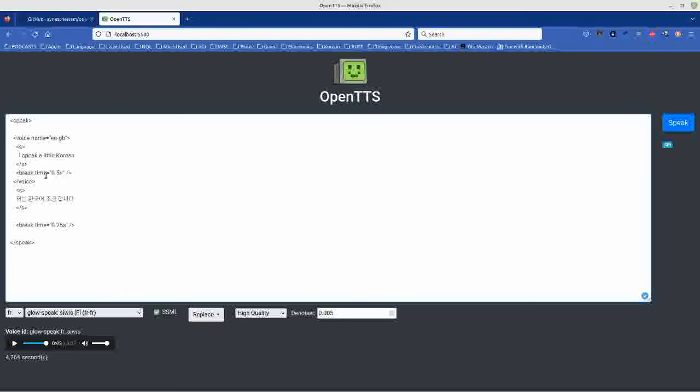It tells you the English and then the Korean. I speak a little Korean. 전 한국어 조금 합니다. Now the other thing that's useful here is you can put in break times, and if you set the break times to a certain specific time, for example 1 second, you can then go into